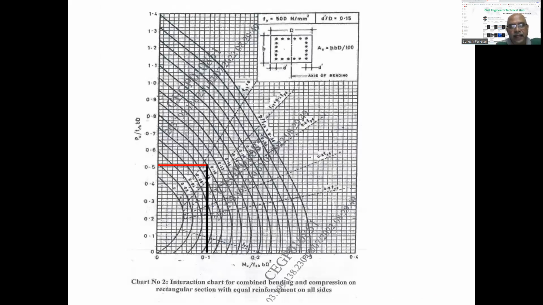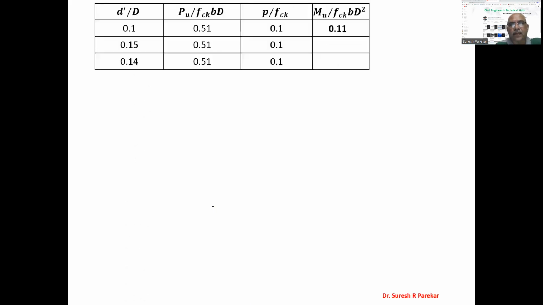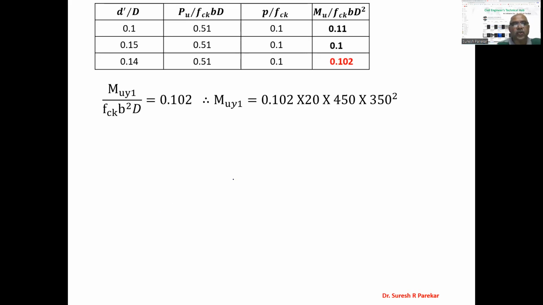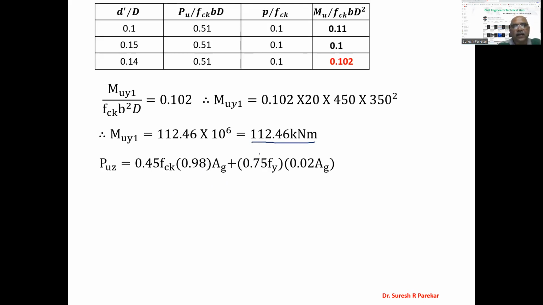And this value we have again, that is 0.1. So likewise we have these values. We have 0.11, 0.1, and we have to find 0.14. It comes 0.102. And from this, if we calculate the value of MUY1, it comes 112.46 kilonewton meter. Knowing these values, we are in a position to find the value of MUX upon MUX1 and MUY upon MUY1, that formula. Now first we will find PUZ, and we have PUZ 0.45 FCK, and this value we have